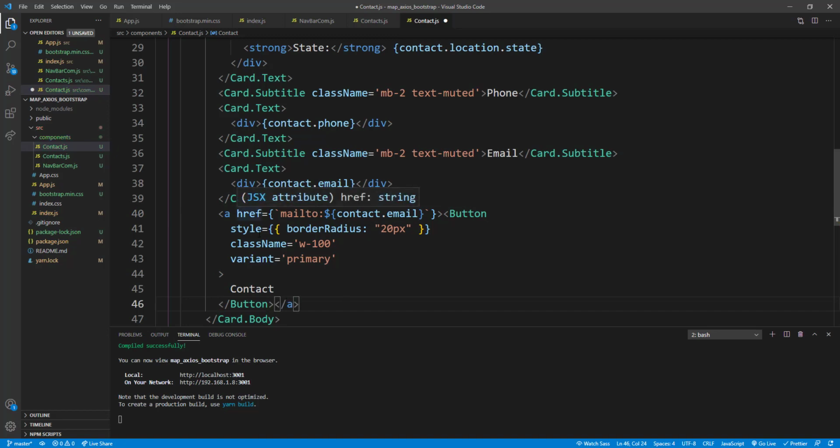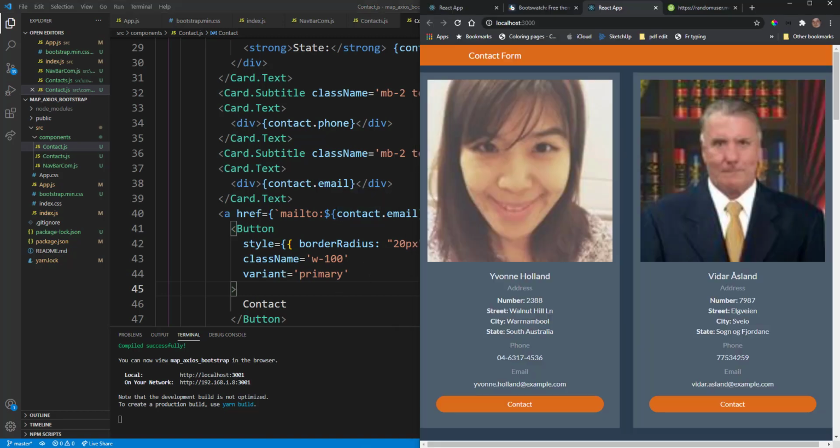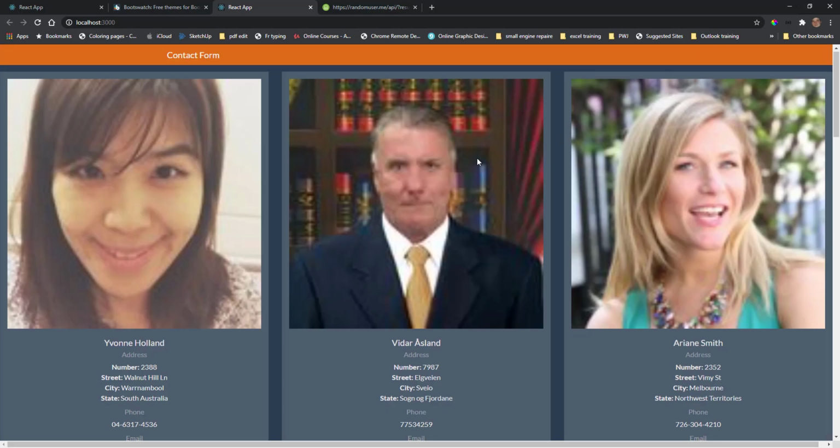So we're just after wrapping our button in an A tag, and what the href mailto does is it'll open your default mail client and put in the contact email as where it's going to be sent to. So we'll save that now. This won't work, it'll be a fake email address, but if you're making a contact form for your own website and you wanted the user to be able to contact the person, this is a handy way of inserting their email address. We go back to our app, just make that larger,